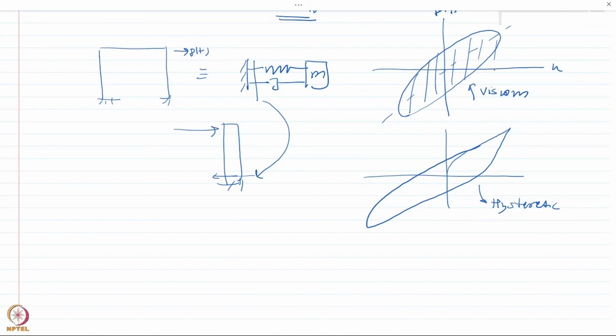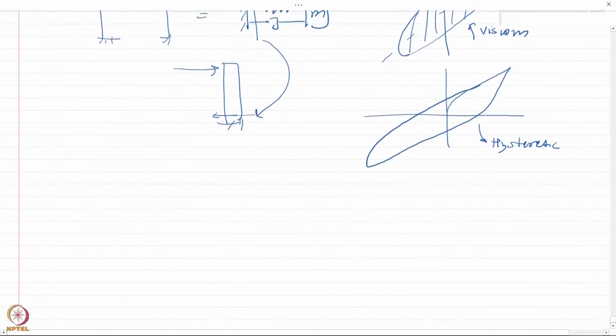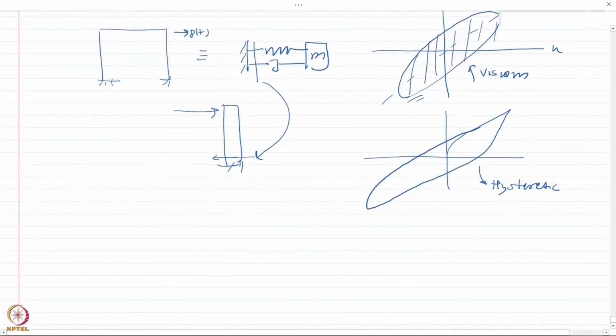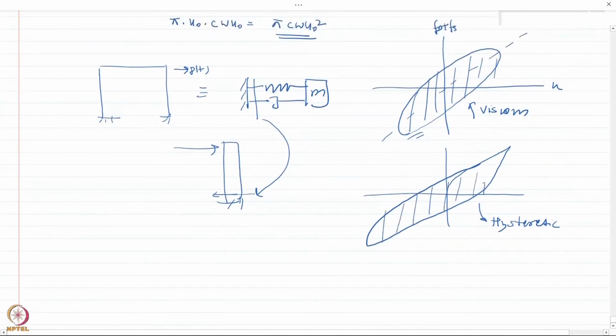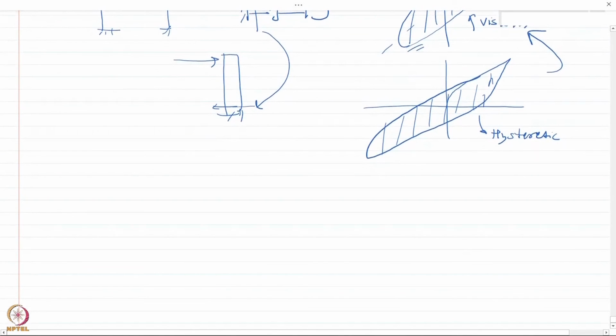Okay, so the question comes: in many situations, it won't actually be viscous, it would be like a hysteretic damper. Now for this system, I know how to solve for the linear viscous damping. I know how to obtain the solution. We have an analytical solution available. And it's much easier and computationally efficient if I can somehow simplify this system to this without losing too much accuracy. So for those situations, we try to find the equivalent viscous damping